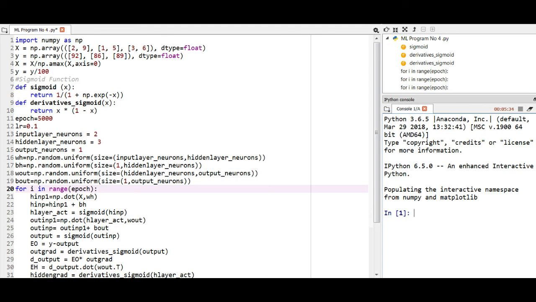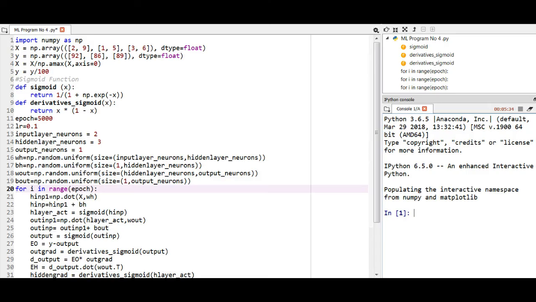For i in range(epoch) will indicate i is equal to 0 to 4999. We are iterating the following statements for 5000 times. Next is forward propagation. For each iteration, neural network improves its performance.